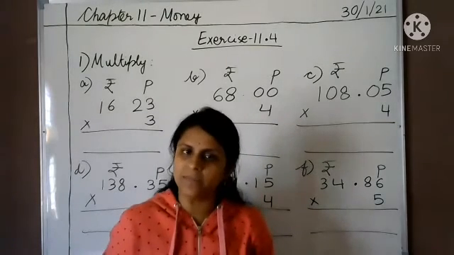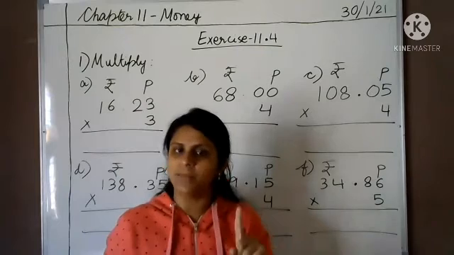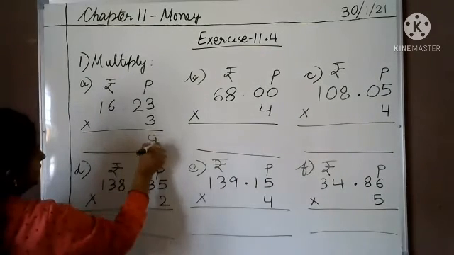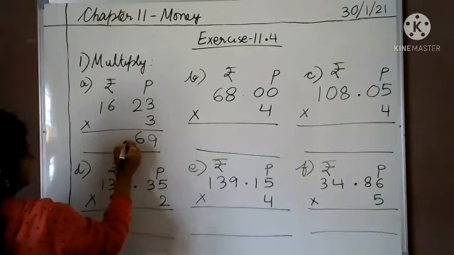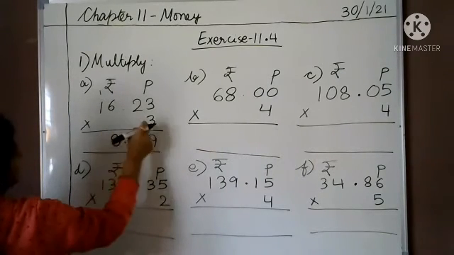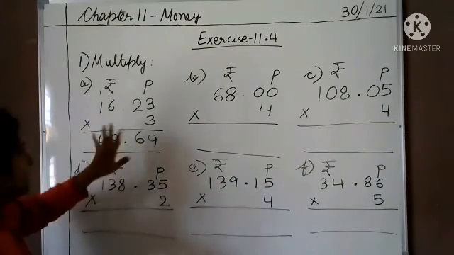जैसे हम normally multiply करते हैं, बिल्कुल वैसे ही करेंगे. जो पैसे वाले जो 2 digits रहेंगे, वो हमेशा पैसे वाले होंगे. Okay? So, let's start. 3 threes are 9, 3 twos are 6, point, 3 sixes are 18, 8 carry 1, 3 ones are 3 and 1, 4. So 48 rupees 69 paise.